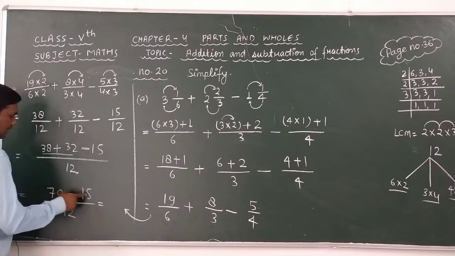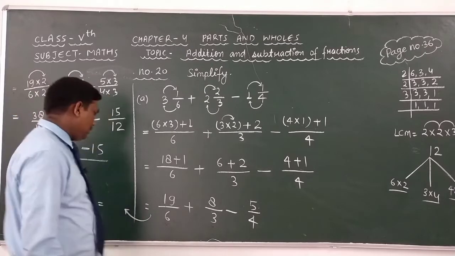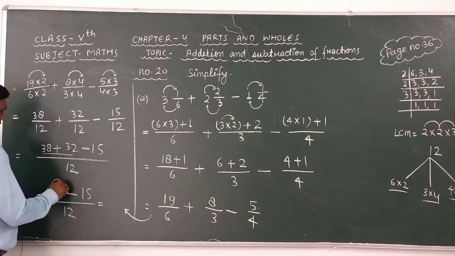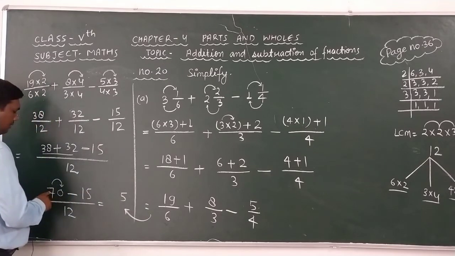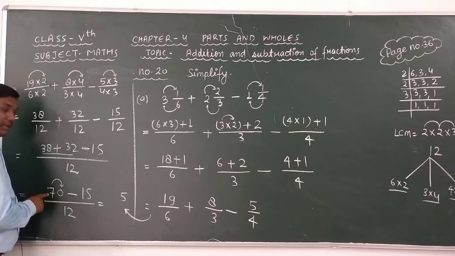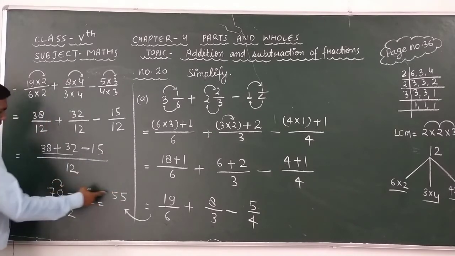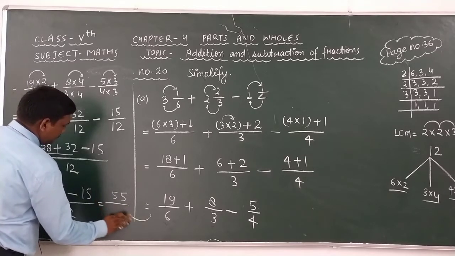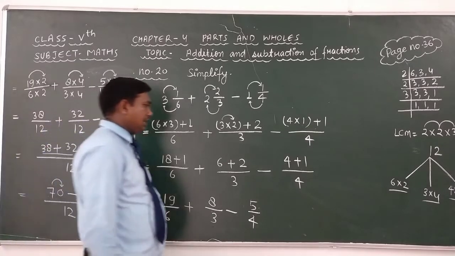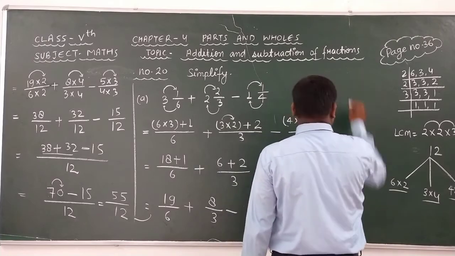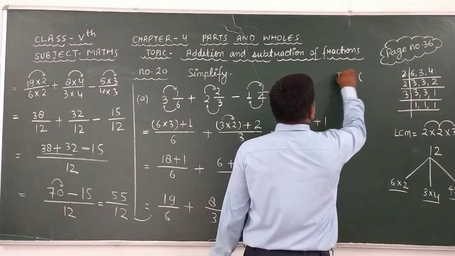Look at here carefully. Here given that 5, 0, and here 5. We know that 0 is less than 5. Therefore, we take one borrow from this 7, and this 0 makes 10. 10 minus 5 is equal to 5. And here 7 becomes 6. 6 minus 1 is 5. It means that after subtracting these we get 55 over 12. Okay, this is an improper fraction. Here we have to change this improper fraction into a mixed fraction by taking the division of 55 by 12.